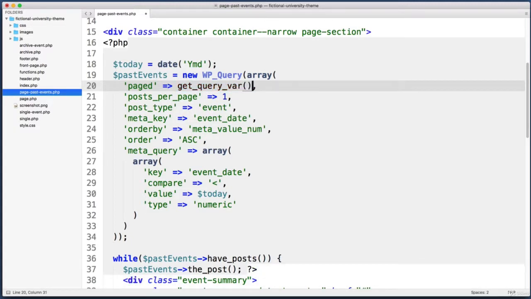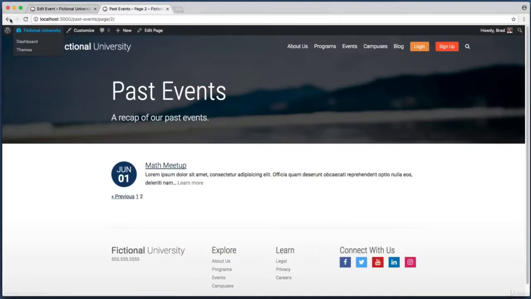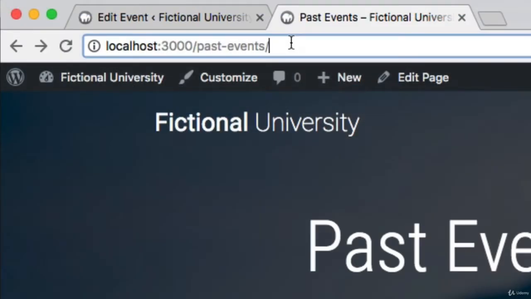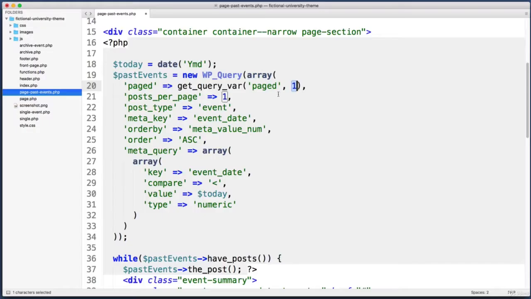getQueryVar, and this function can be used to get all sorts of information about the current URL. In our case, we are interested in that number at the end, right? The paged result. So the property name that we want is just paged. And then just to play it safe, we can add on a comma and then a second argument, and we can say number 1. And what that's going to do is, even if you go back to the first result, the first page, see how it doesn't have a /page/1 like we saw for page 2? Well, this second argument is sort of the fallback or default number that will be used if WordPress can't find